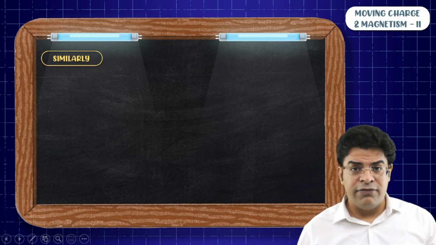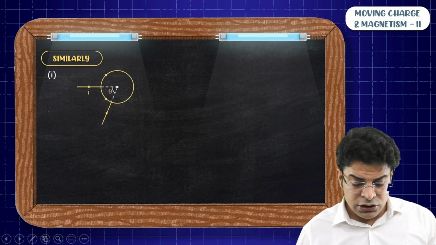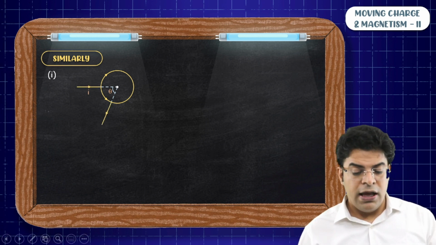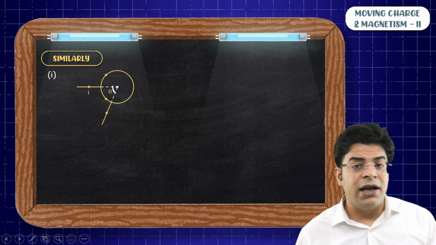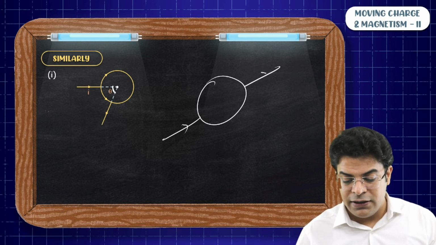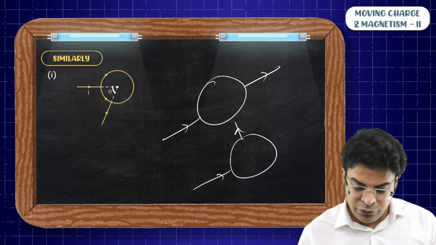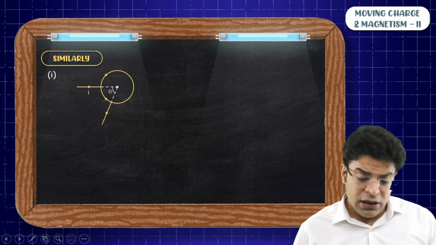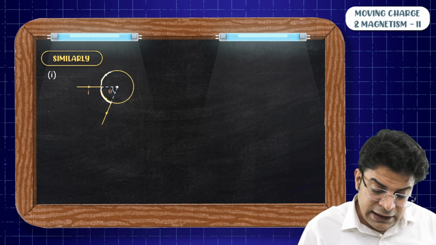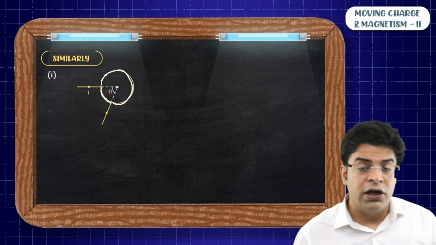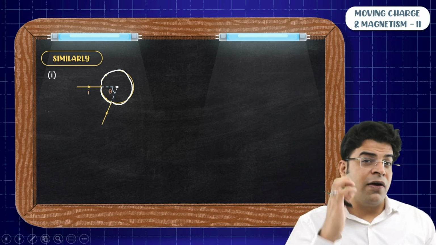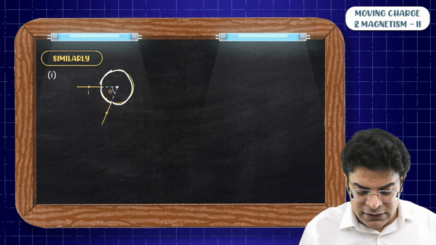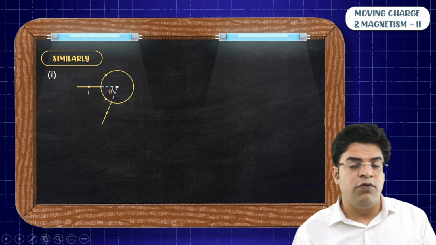Similarly, you can even answer these two cases. So if you have got some current entering here and current exiting here, and here I have given you some random angle theta rather than giving you 180 degrees or 90 degrees. So remember that even for any generalized angle theta, the current divides in the ratio inverse of the length. The greater the length, the greater the resistance, the greater the resistance, the lesser the current. So the length times the current flowing through it is constant for both of them.